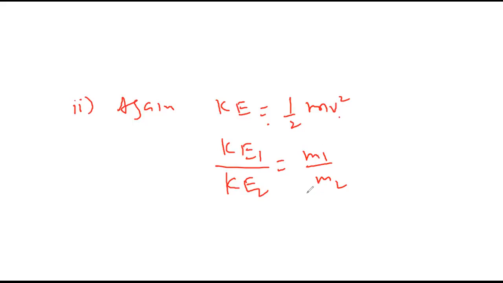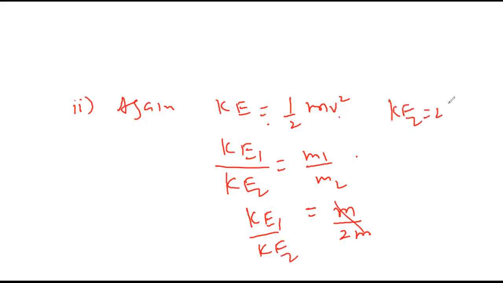Why have we cut? Because they both are same, V2 upon V2. Because only mass is changing, rest all are same. Mass: first m, then second is double, na? So can't I say that kinetic energy will become double?